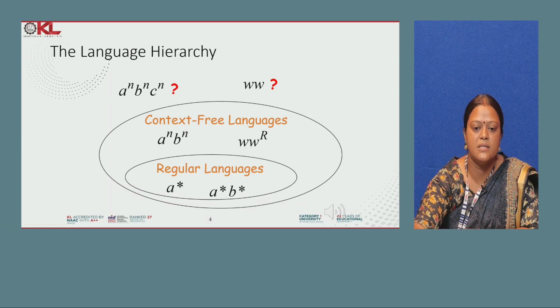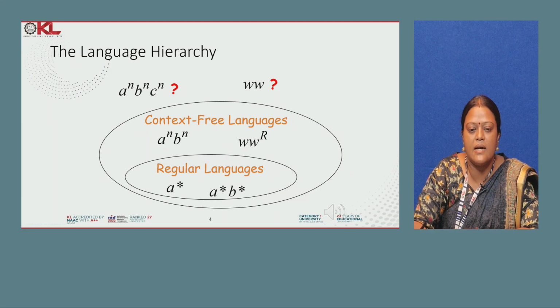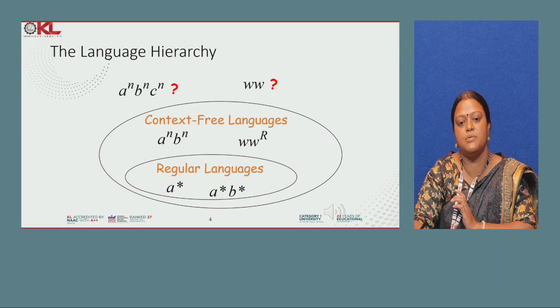Now, as I just explained, in regular languages, whenever there is no need for counting, that kind of example we can solve by finite automata, whether DFA, NFA, Moore machine or Mealy machine. After that we have seen there are certain examples that cannot be resolved with finite automata. Then we went for PDA, and now we will be studying the Turing machine, where we will see examples like a^n b^n c^n or ww, strings which can be accepted by